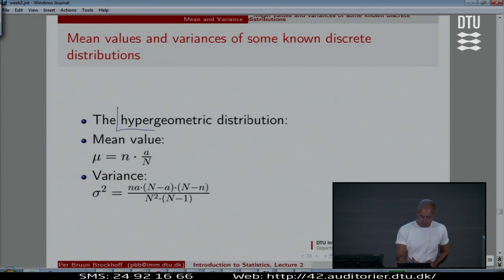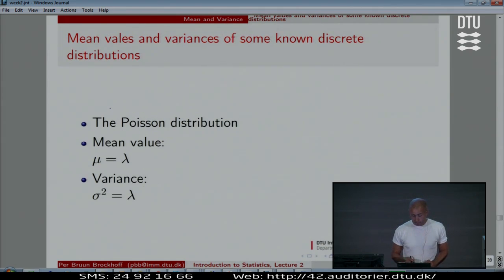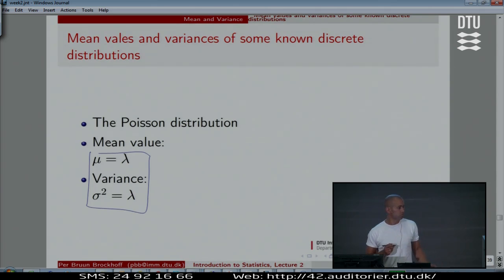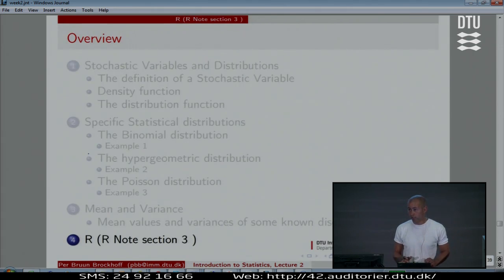Similarly, you could find the formulas for the hypergeometric. I'm simply going to jump this now, not going to dig into it. The formulas are there for finding the mean and the variance of the hypergeometric, and the formulas are there to find the mean and the variance of the Poisson distribution. These are nicely simple. The intensity lambda is both the mean and the variance in the Poisson system. That's a neat thing. Anyway, that was a short going through the concept of mean and variance in probability systems, abstract and in the specific distributions. Let's turn to the final